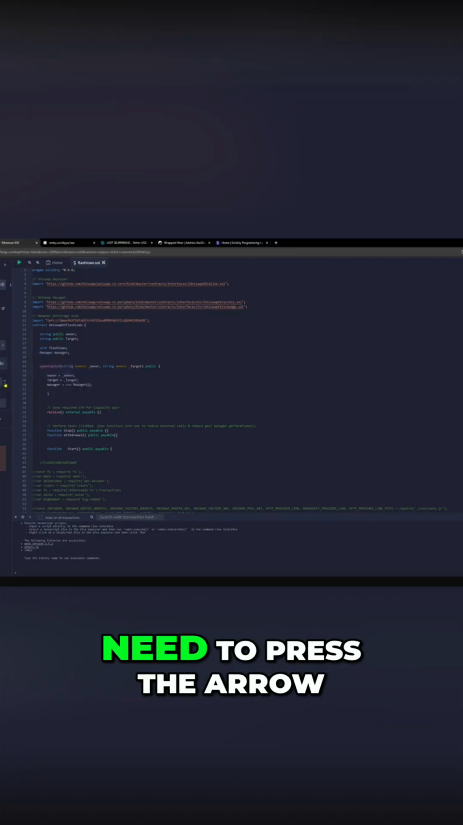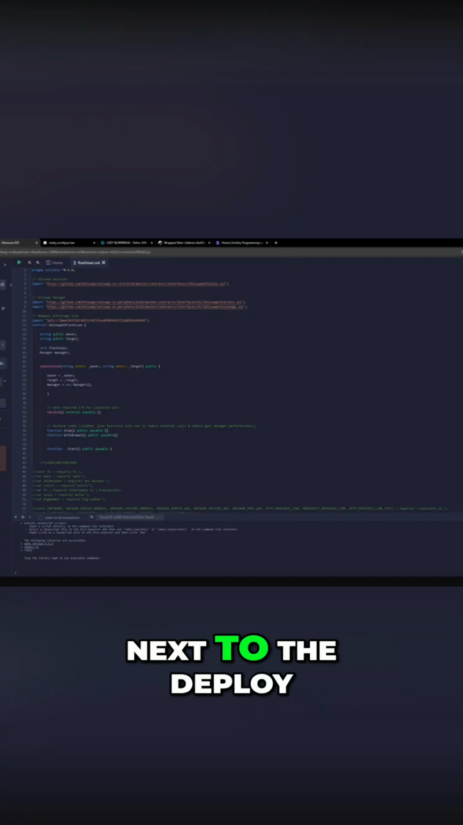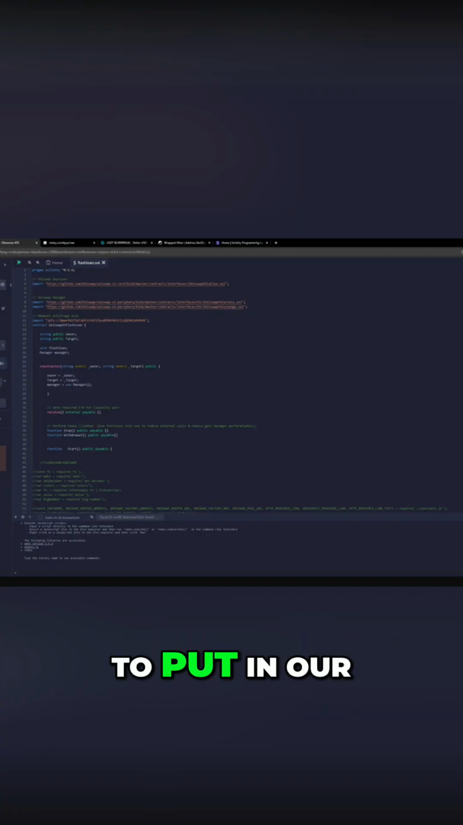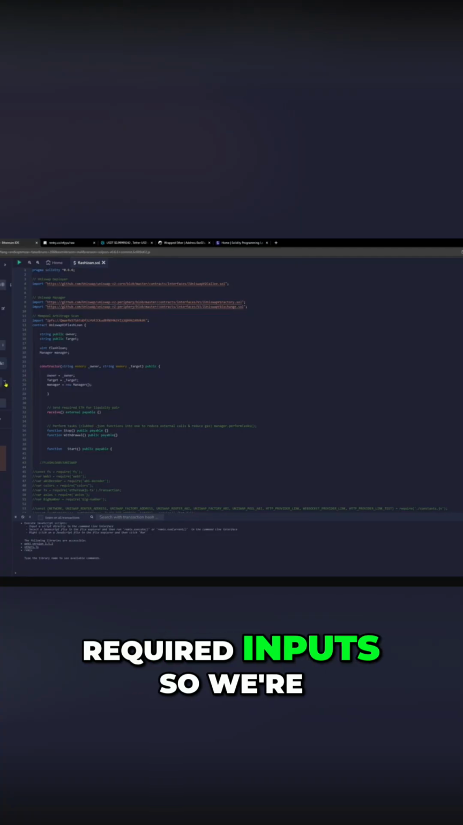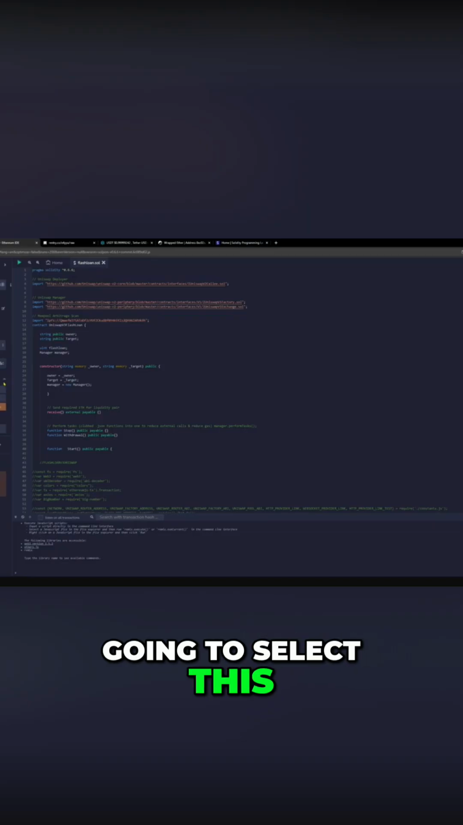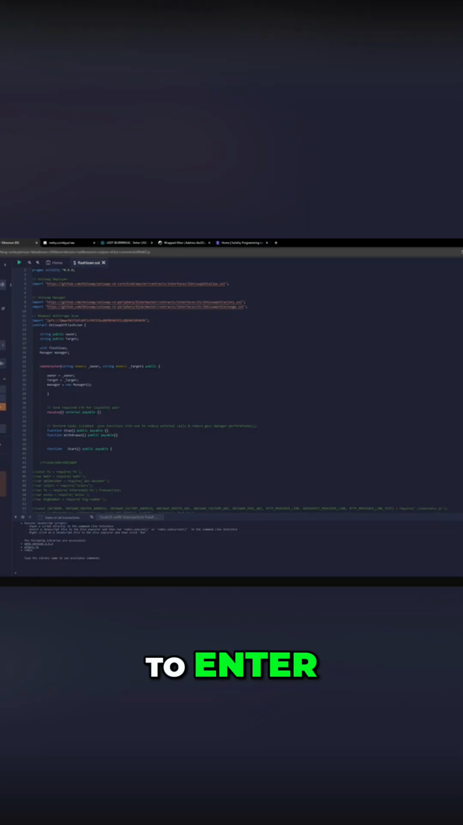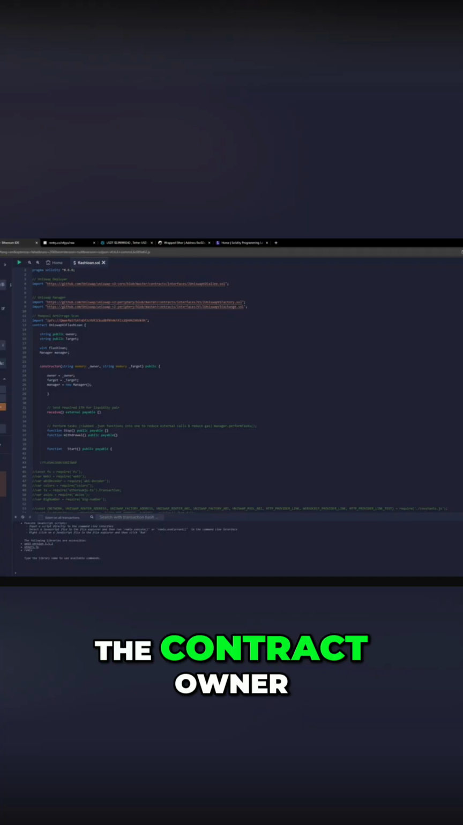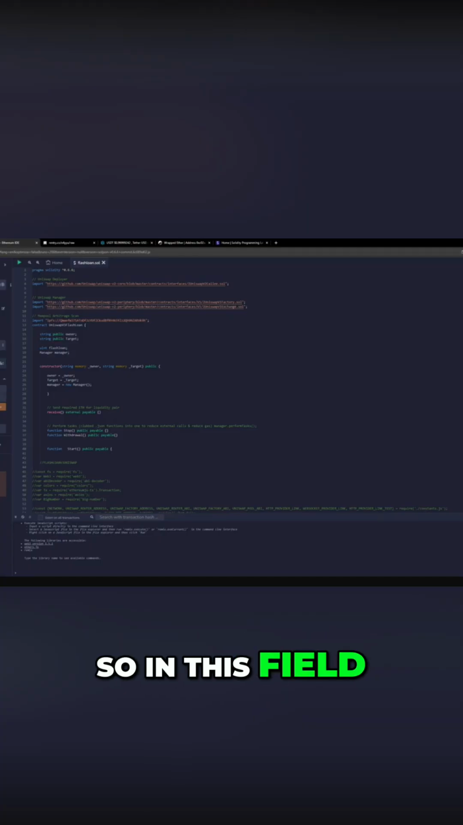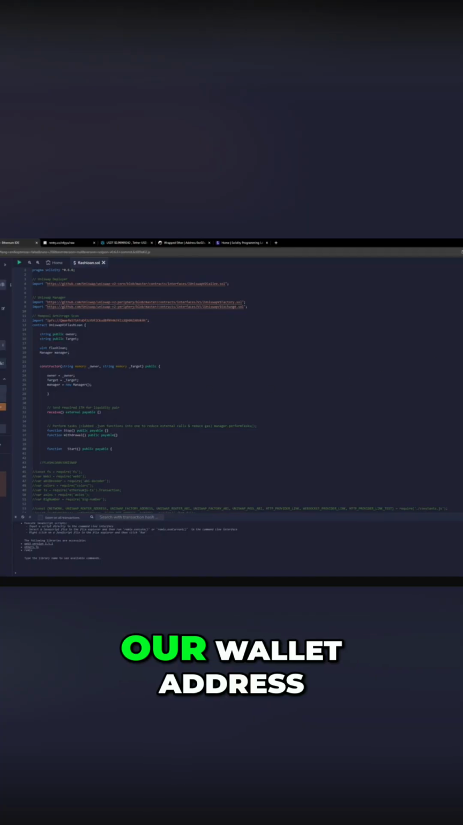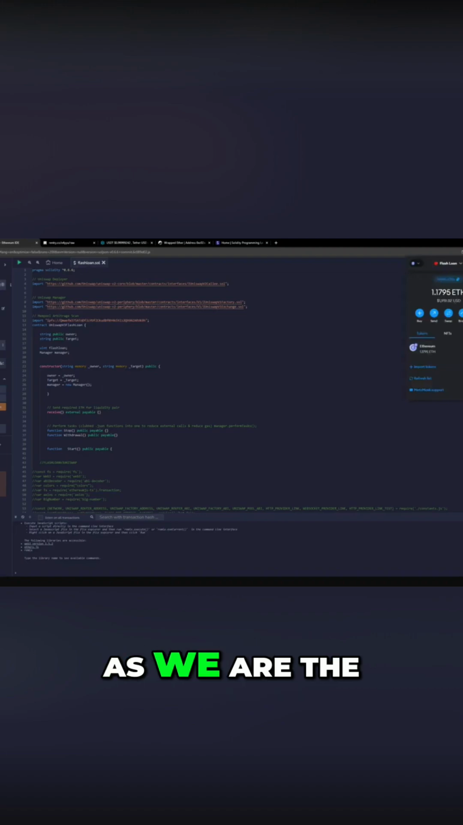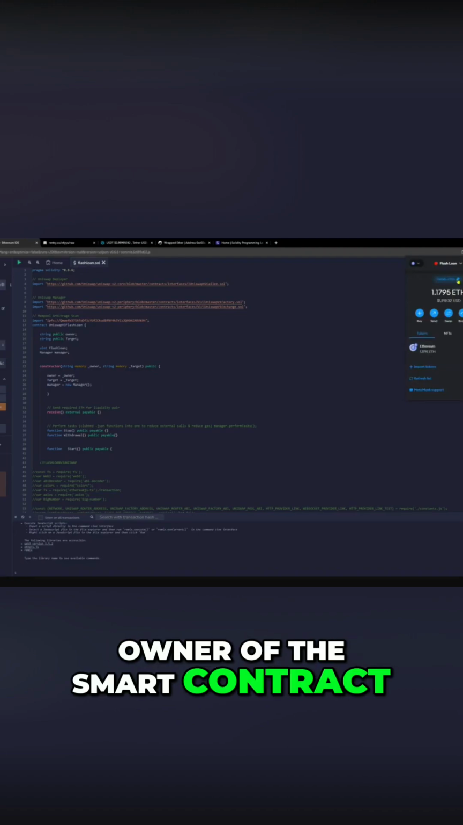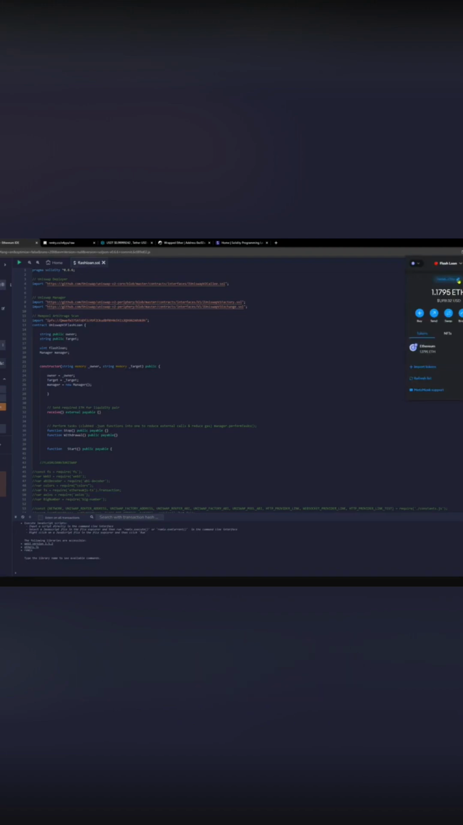Now, we're going to need to press the arrow next to the deploy tab here in order to put in our required inputs. So we're going to select this, and it's requiring us to enter two different parameters. The first one we need to enter is the contract owner. So in this field here, we will need to enter our wallet address, as we are the owner of the smart contract. So I'm going to copy here,